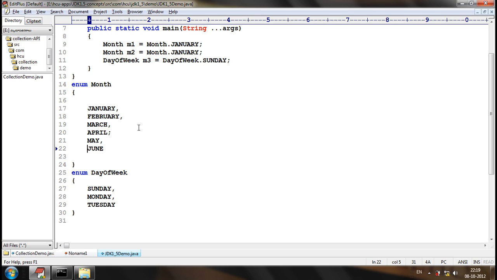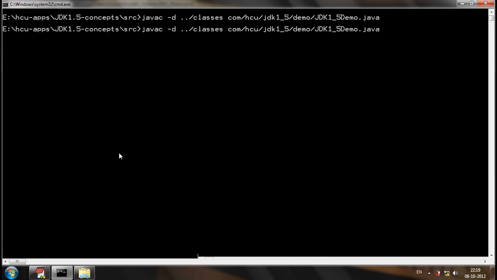Because there is a semicolon. The first semicolon is the end of the enum constants. After enum constants, it will think of them as normal variables. Normal variables without data types are not valid. So after the first semicolon, all are considered to be normal variables. So it will be a compile-time error.